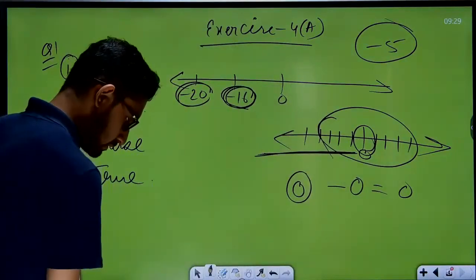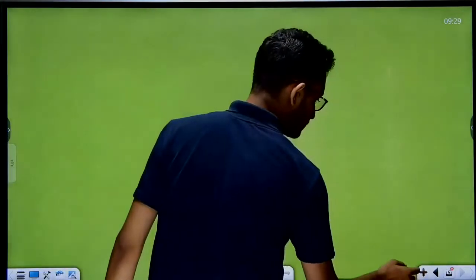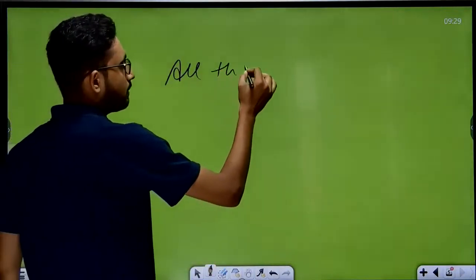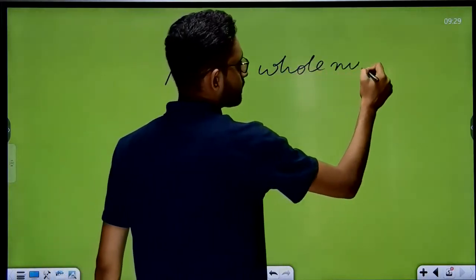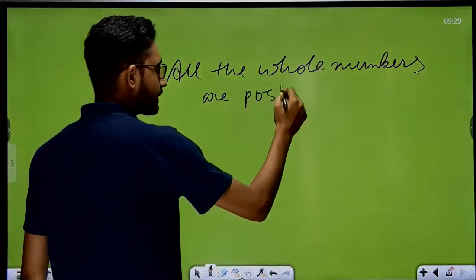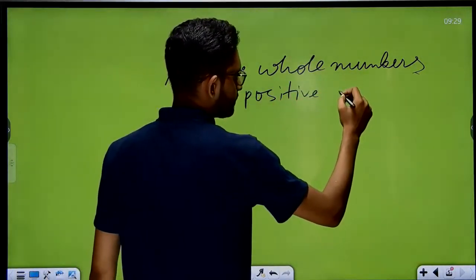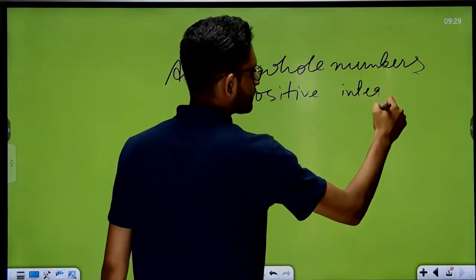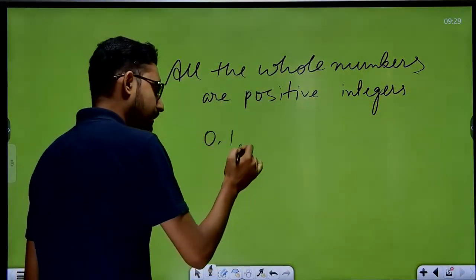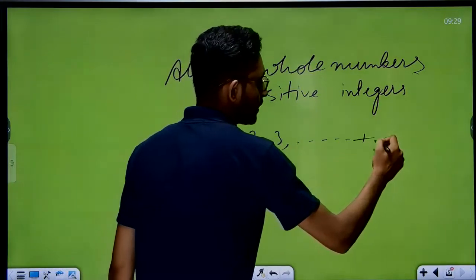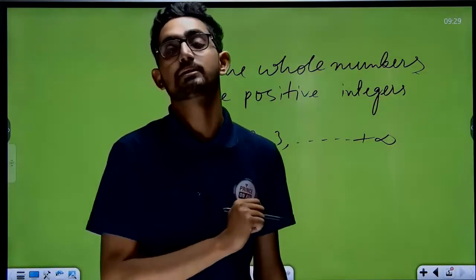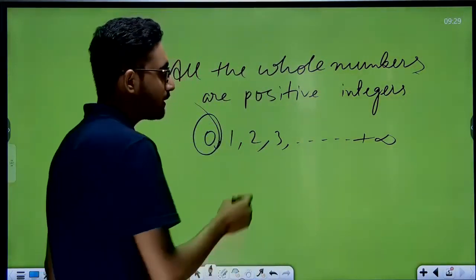Okay, those who said no. Now I am erasing this part. Just wait. Now this question says all the whole numbers are positive integers. This is your question, right? Try to understand. Now actually, what are whole numbers? Whole numbers are 0, 1, 2, 3 and so on. Correct? But 0 is coming in this, and